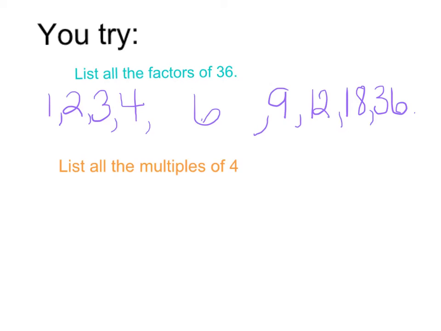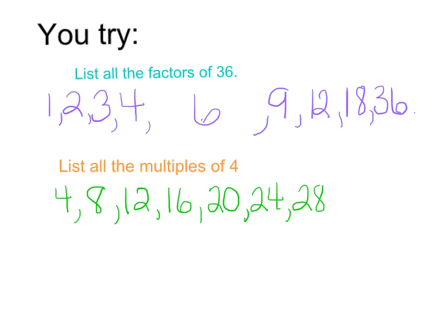Now I want you to list the multiples of 4. So pause the video, try it, and then get back on and see if you get it right. Okay, so let's remember multiples are skip counting, so let's skip count, starting with 4, because 4 times 1 is 4. The multiples are the products. 8, 12, 16, 20, 24, 28, 32, 36, 40, 44,